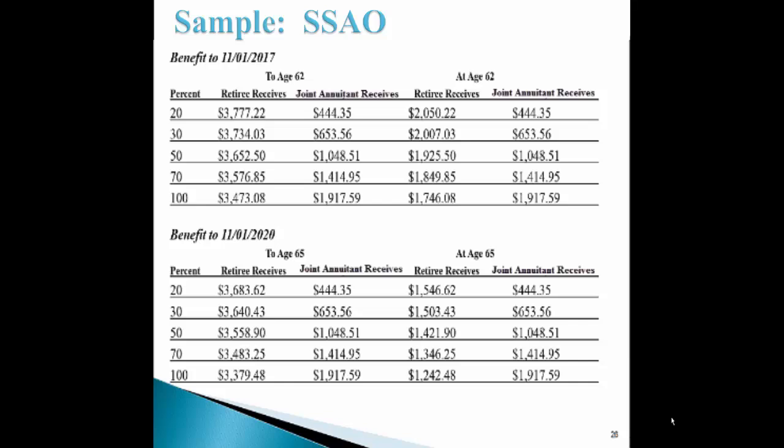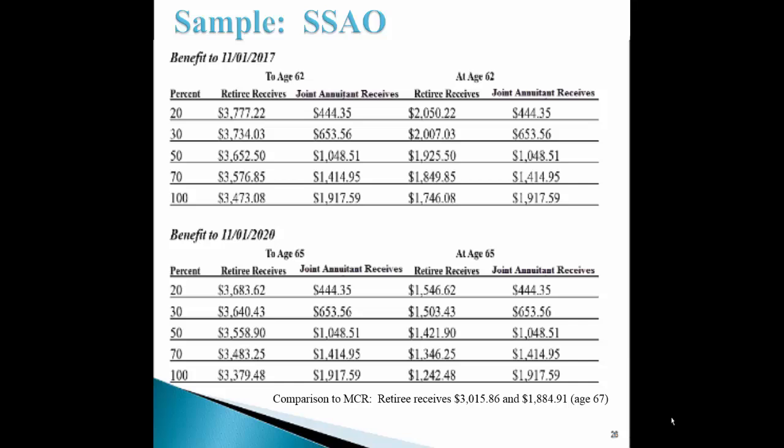For the SSAO at age 62 option, combined with the 50% joint and survivor option, the retiree would receive $3,652.50 each month, and then the benefit would reduce at age 62 to $1,925.50. You can compare the dollar amount to the MCR option, where the retiree would receive $3,015.86, and a reduced amount of